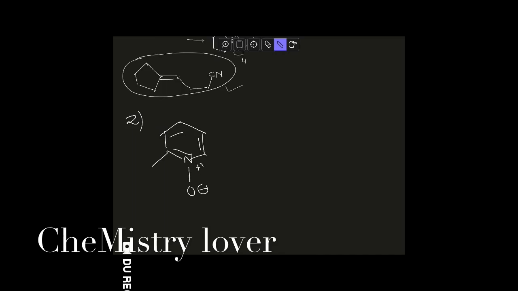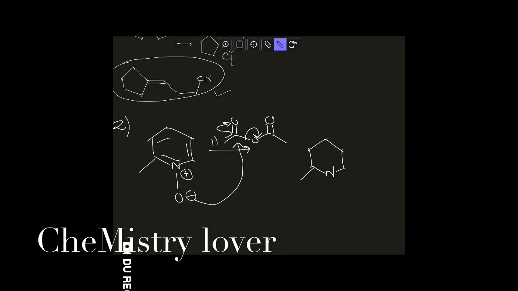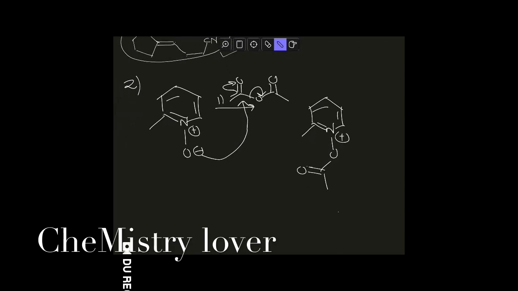So you have this pyridine N-oxide, right? And in the first step, acetic anhydride is given. So very simple reaction, this O minus will attack on acetic anhydride like this. Actually I should write like this, and from here you will get this thing. So you have this O, COCH3. So this is the thing you will get. So this is the O-acetylation of pyridine N-oxide, right?